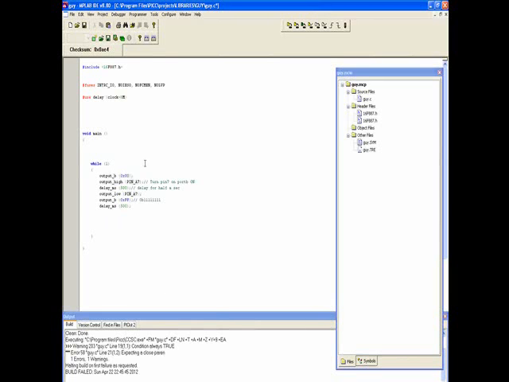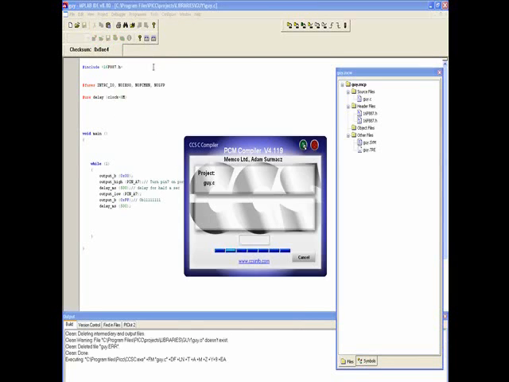Let's compile it again. If you make any changes at all, what you have to do is go back and save it. So now let's save it. Let's compile it again. Hey, bingo, no errors. So that means we've been able to compile it. Now that means I've got the hex file generated. How do I load it into the